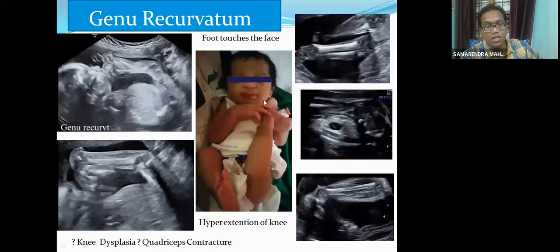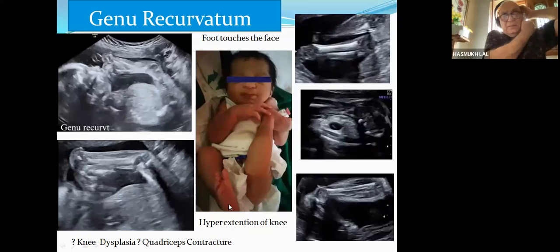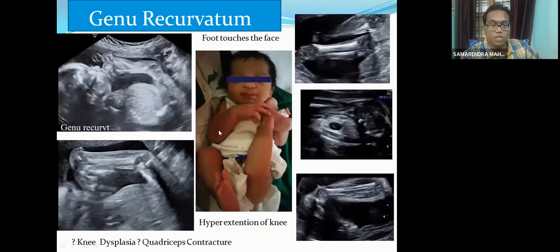And the middle one is the postnatal image of that baby. One limb is in normal flexed position, and the other is hyperextended, and the foot is almost at the level of the face. This is a case of genu recurvatum. This shows that in case of reduced mobility, there will be some kind of contracture at the knee joint. It might be due to either knee dysplasia, or it may happen if there is any quadriceps muscle contracture leading to hyperextension of the